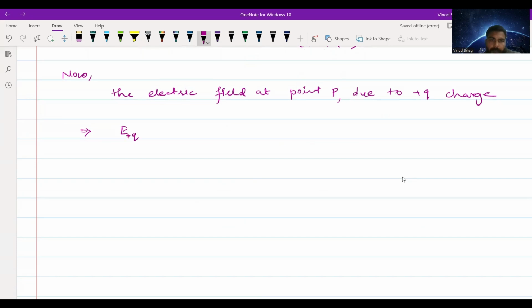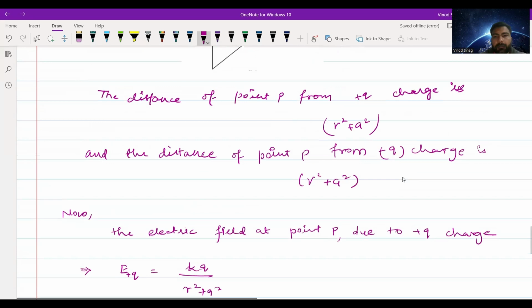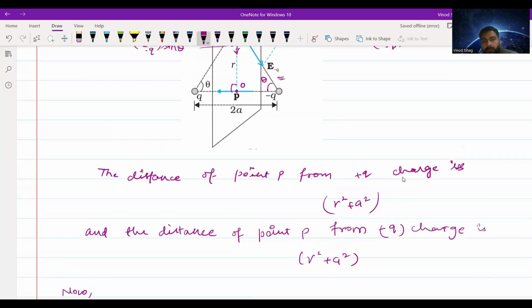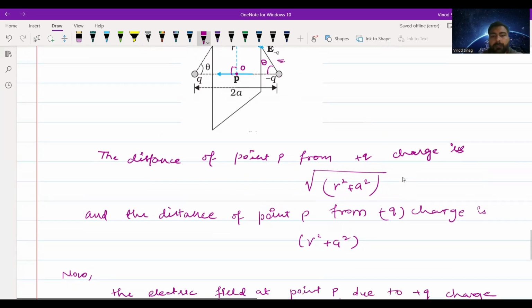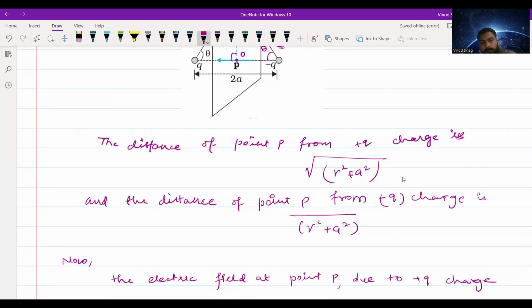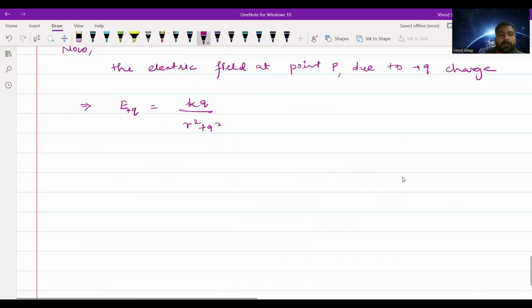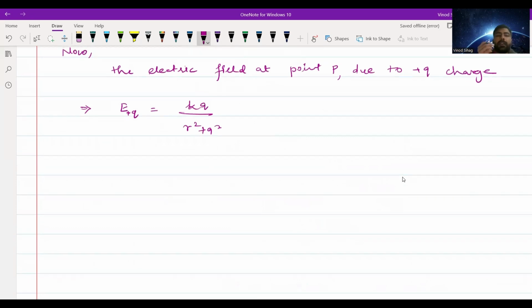It will be E plus Q equals to kq upon r square plus, अच्छा ठीक है, वन सेकेंड, आई हैव मेड a mistake here. So it will not be directly square because it will be the square root of this one, r square plus a square, because ये वाला डिस्टेंस का स्क्वायर हो गया ना। ओके, square root of r square plus a square, and as we know that the electric field is kq upon the distance square, तो उसका square root का square होगा, so we will finally get r square plus a square only,